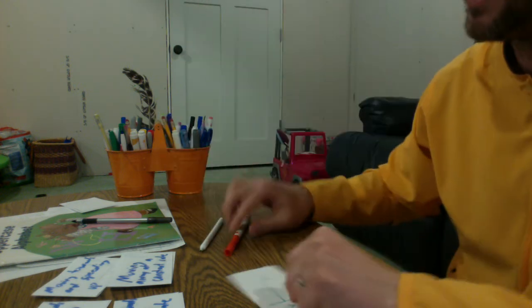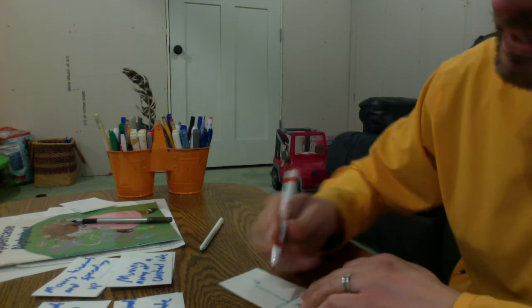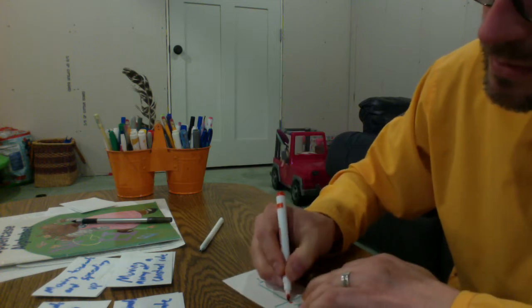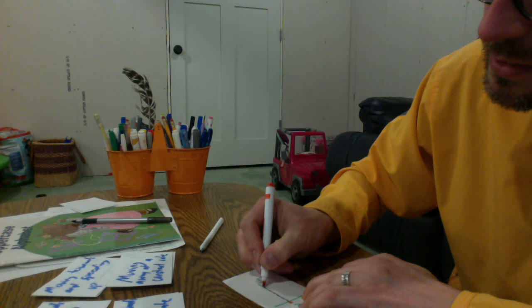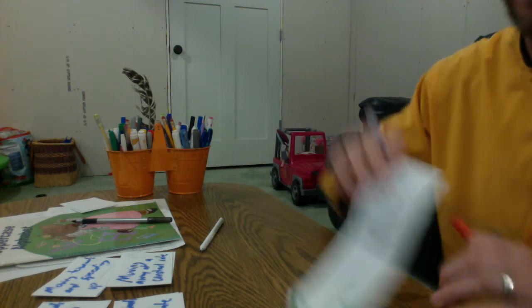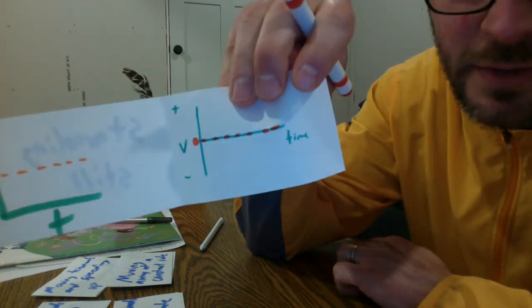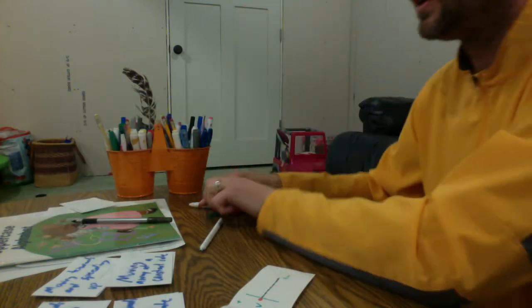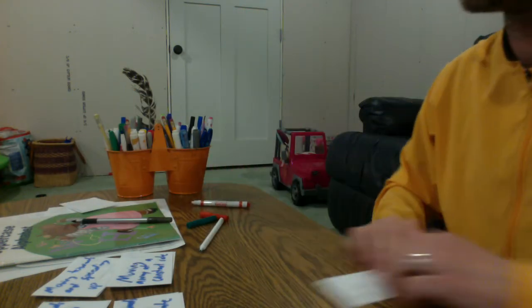Okay? If I'm standing still, that means my velocity is 0. So I'm going to draw it right here, kind of trying to show it's right on that 0 line. Then, that's the first one. Let's move on to the next one, which is